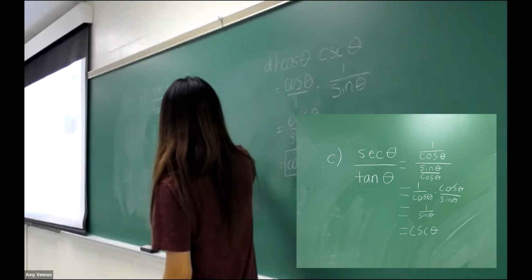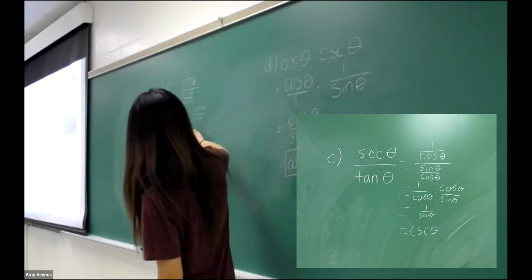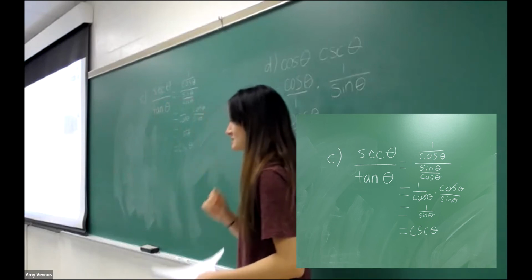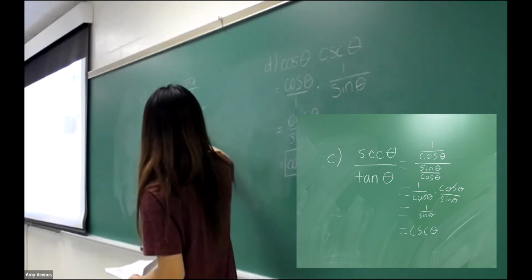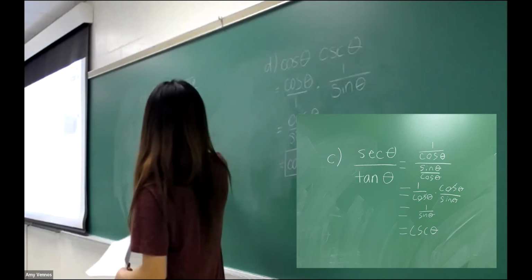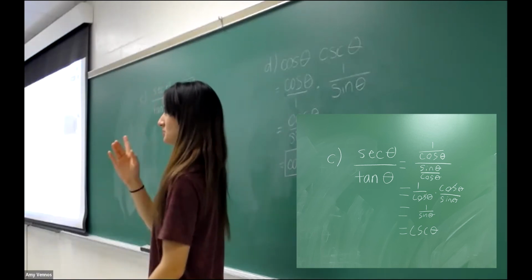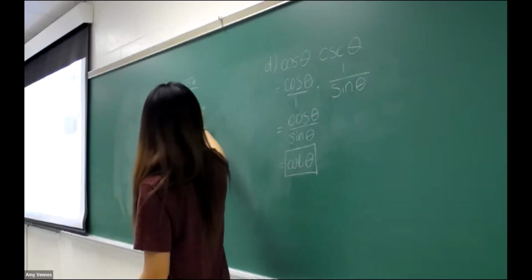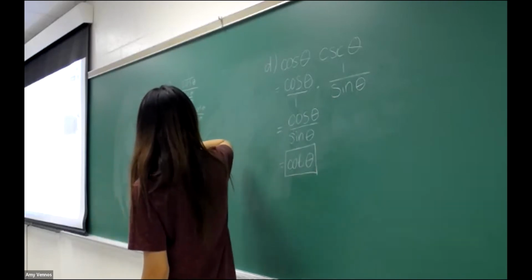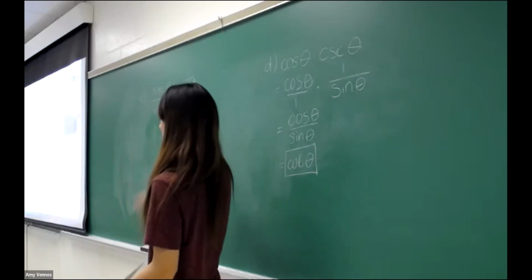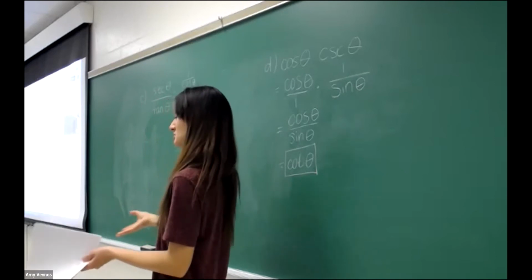Perfect. One thing I do want to say is I see a lot of people ending at 1 over sine. That's technically not simplified. So the next step would be to go to cosecant. So if you see, like, I know it says like write it in terms of like 1 trig function. Technically, I see that that's what you're doing, but once we get here, what am I trying to say? Having the sine, cosine, tangent in the denominator usually isn't like the most simplified version because